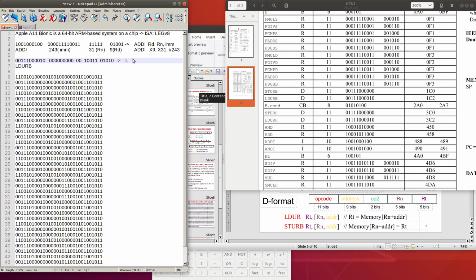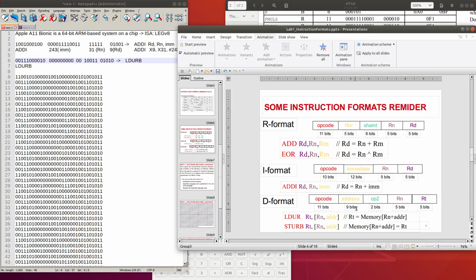So here we have LDURB, and look at this, the address, 9 bit address.